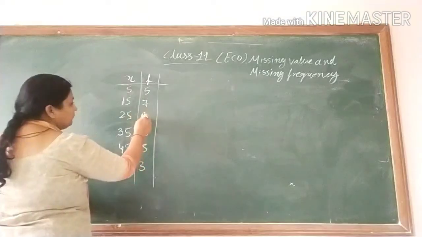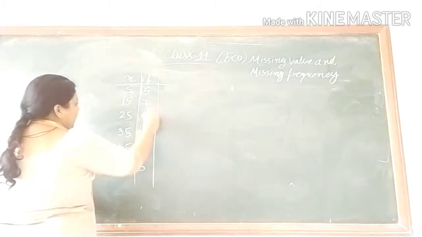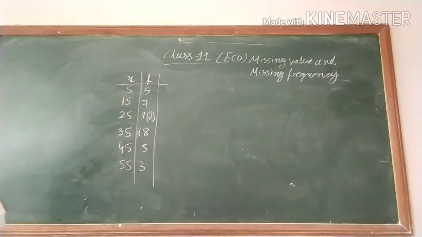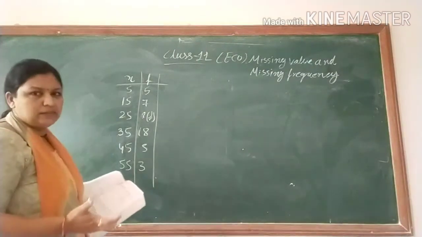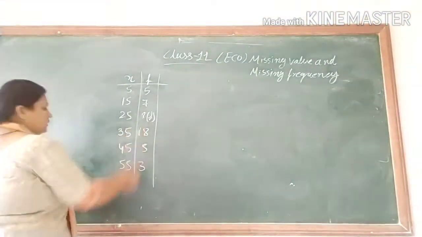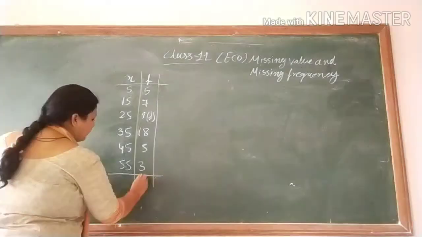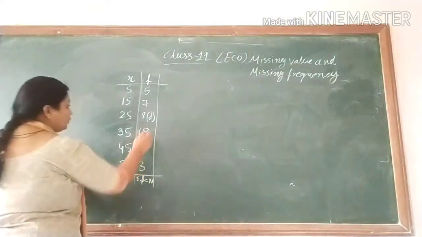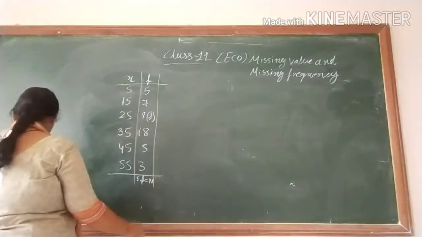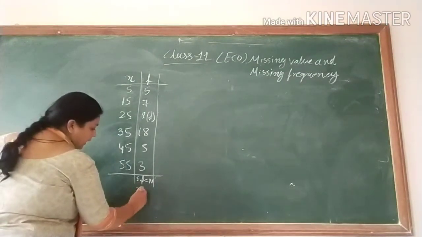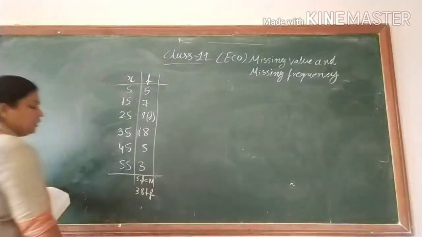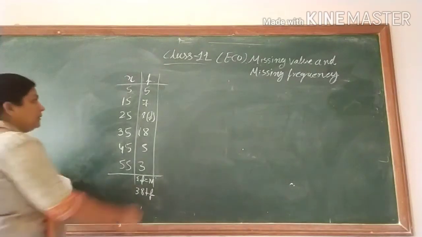Listen students, अगर ये frequency है तो we can assume this f. जैसे हम इसको x में a assume कर रहे थे, वह हम लोग x में x क्यों assume नहीं कर रहे थे? Because confusion may be there, right? So इसको हमने assume किया f. So what is your sigma f or n? So total लगाओ सबका fast. So that becomes 38 plus f. That is your n. 38 plus f.